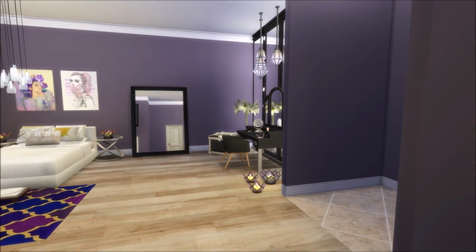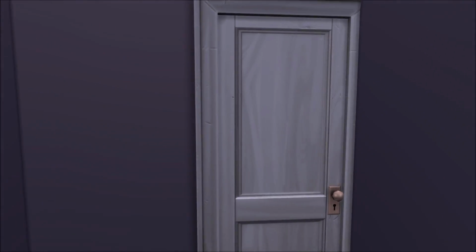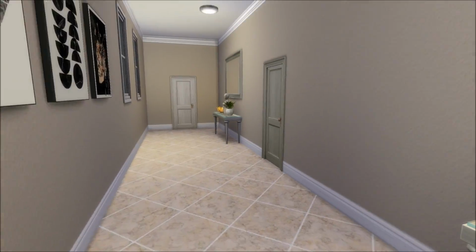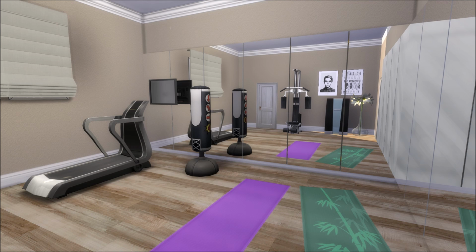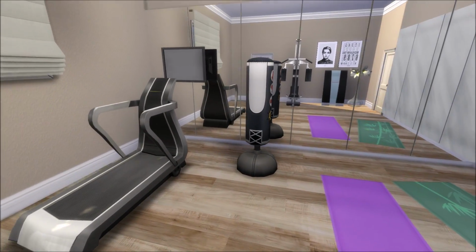So let's go back into here, and then we are going to enter the hallway again. So this is the hallway that wraps around that inner courtyard, of course. And here we have another door, and this door leads into the gym. So I think this was like a bedroom, and she converted it into a gym, which I think is an awesome idea. She needs to look fit and